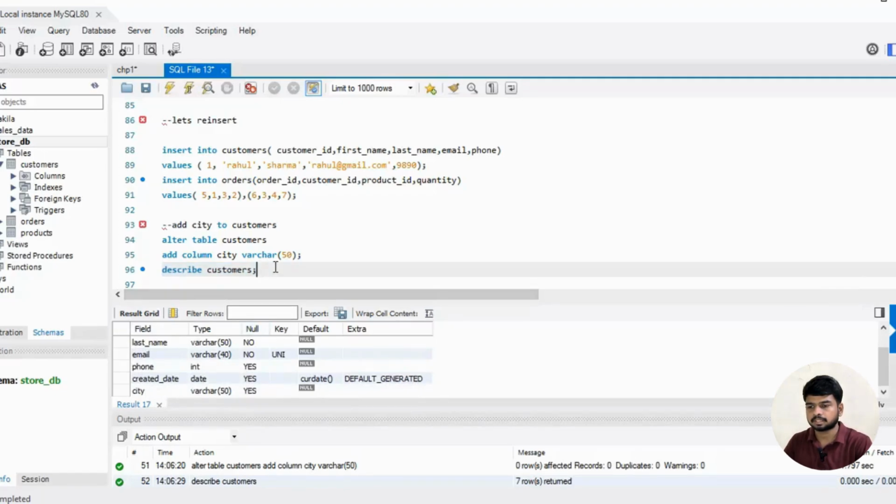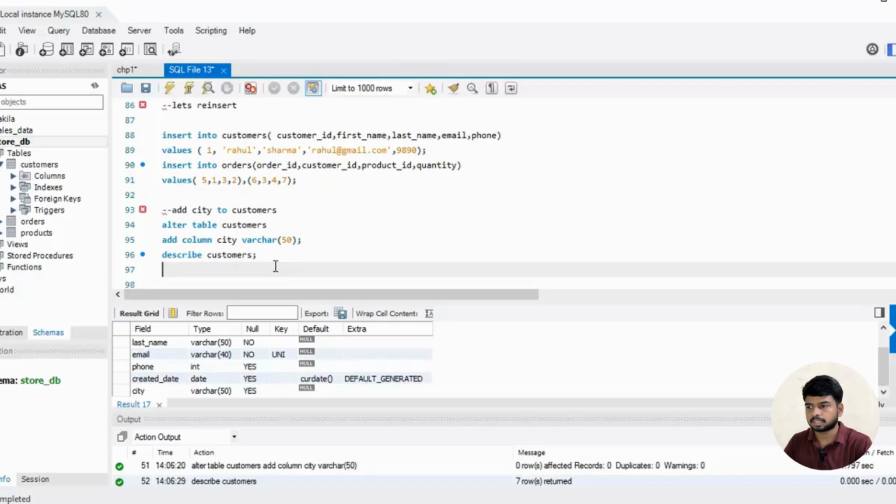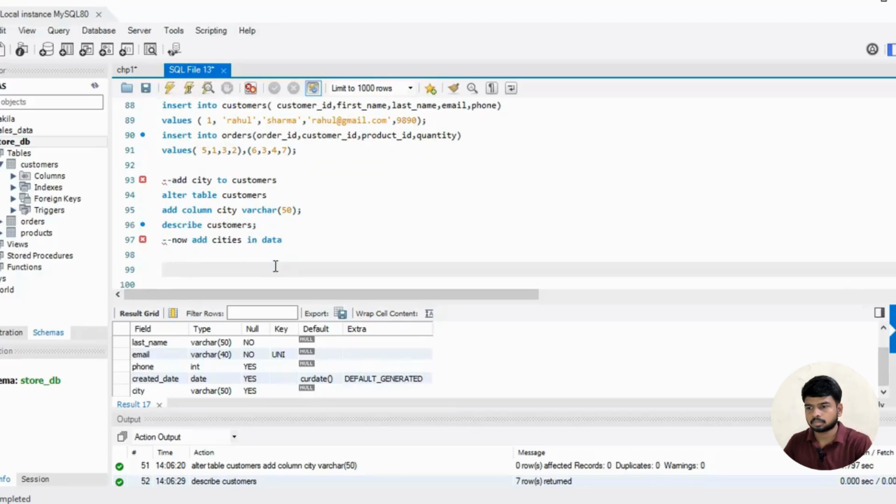City with the varchar is added. Now let's insert a few data in it. So we will just update. Okay, now just add cities in data. So update customers, we will just set city is equal to Pune where customer ID is equal to 1 for